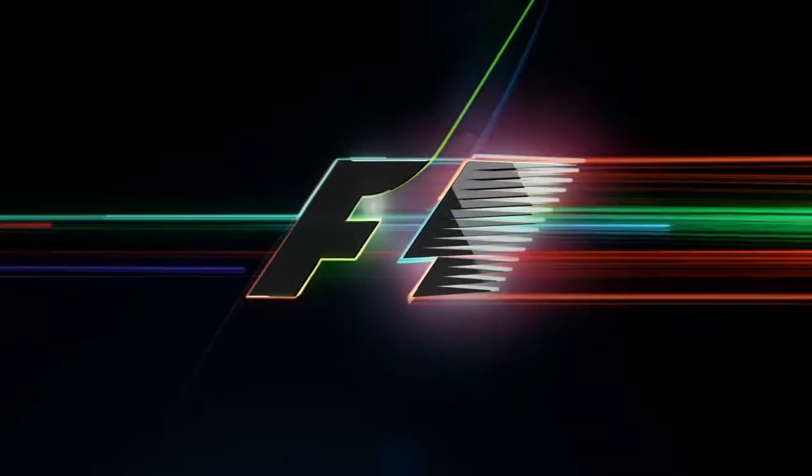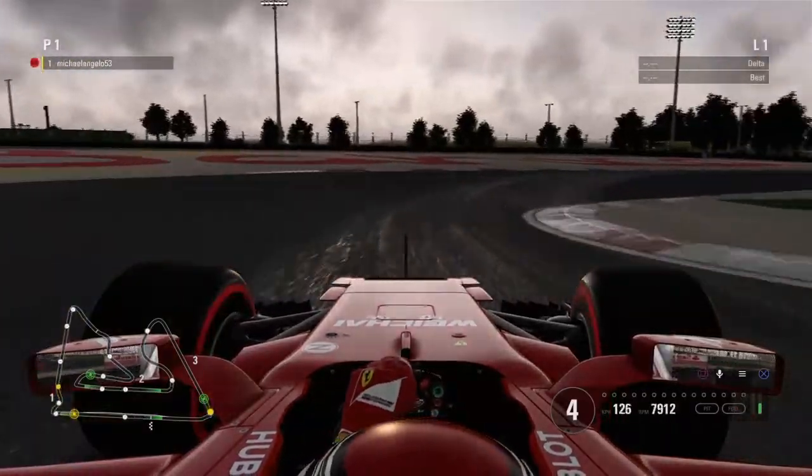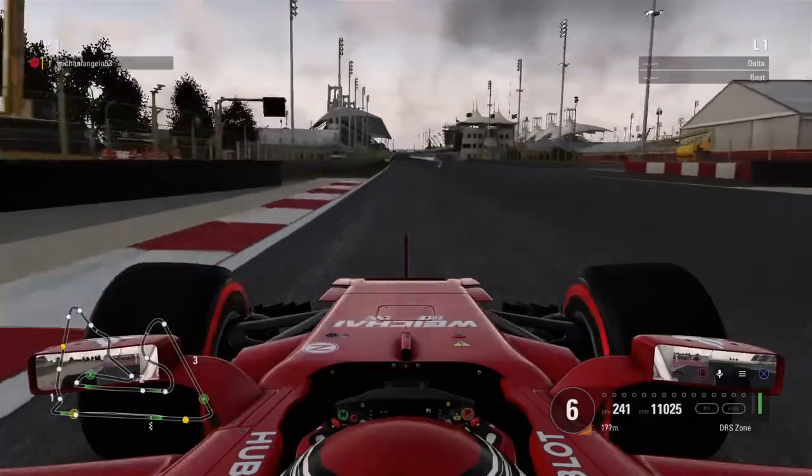So hello guys and welcome to my highlights from ERL round 3 here in Bahrain. We're gonna jump straight into qualifying. We're currently leading the standings by 10 points over ERL Falcon, and this is gonna be our quickest qualifying lap